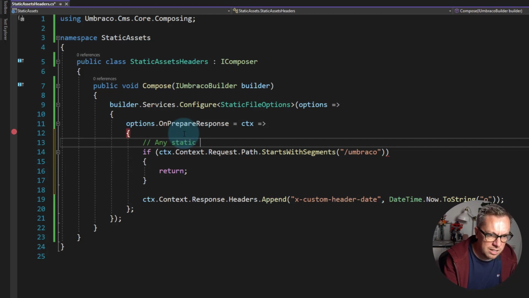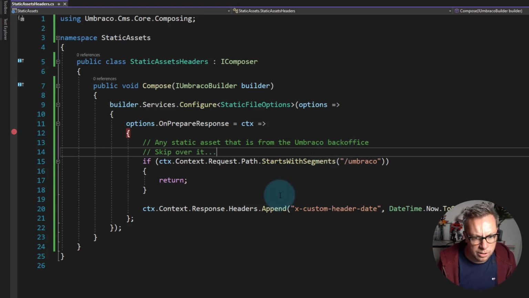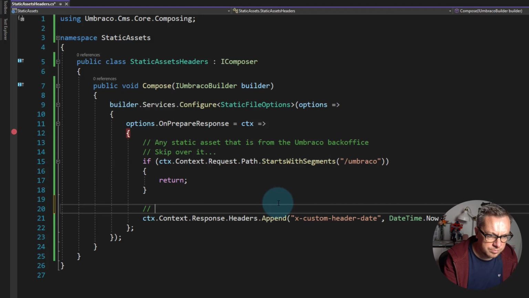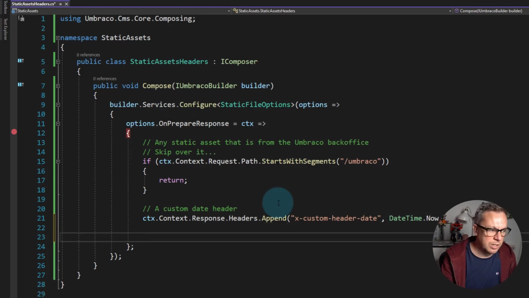Any static asset that is from the Umbraco back office, skip over it, or whatever you want to write. A custom date header. So the next thing we could do is that